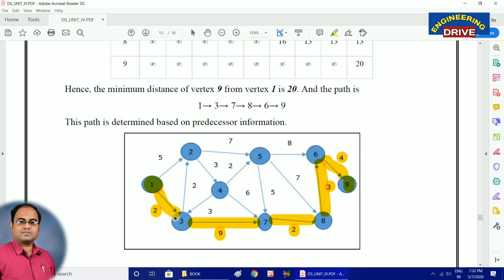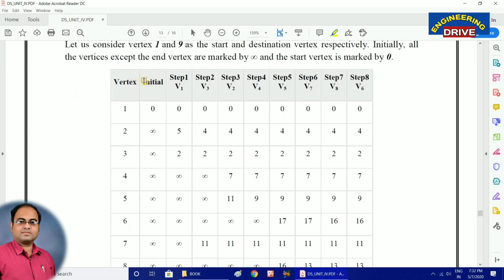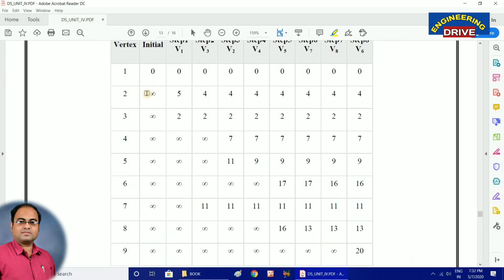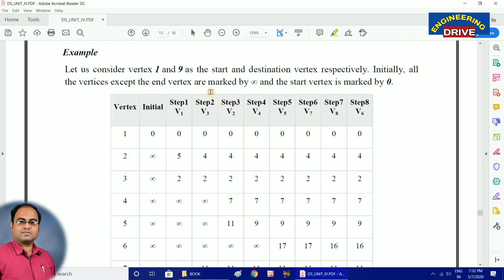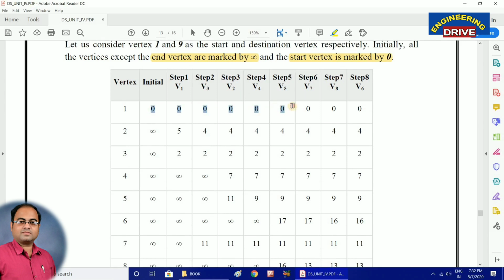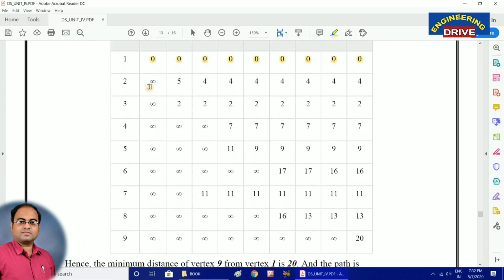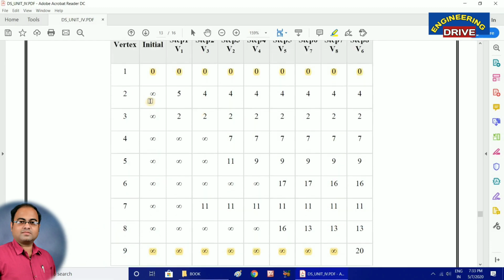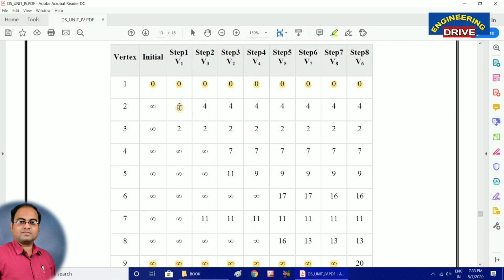This entire graph can be represented in the form of a tabular structure also. We can see here all the vertices, and we can represent them in a stepwise fashion and fill in these values also. The 2 points that you need to remember are that the end vertex is represented by the symbol infinity, and the start vertex is represented by the symbol 0. This is the starting vertex represented by 0, and these are the end vertices represented by infinity. Okay, and we have not done anything different or difficult here.